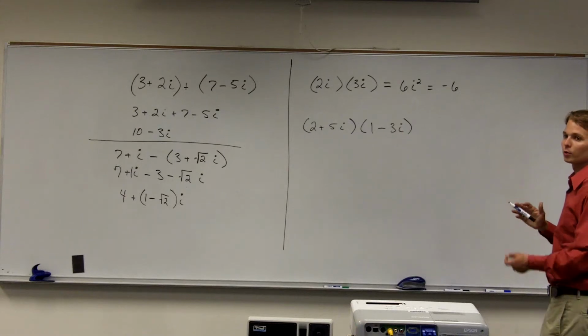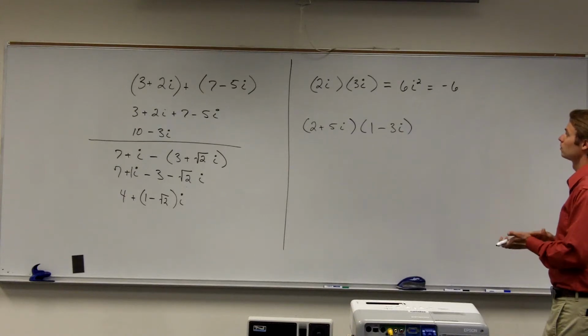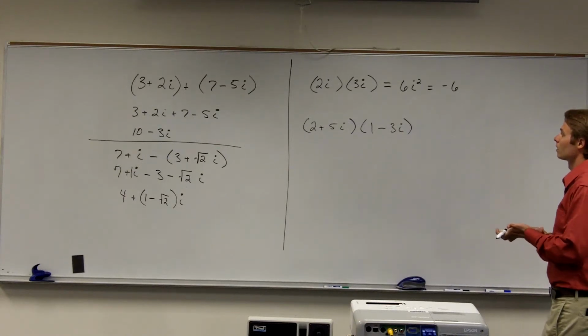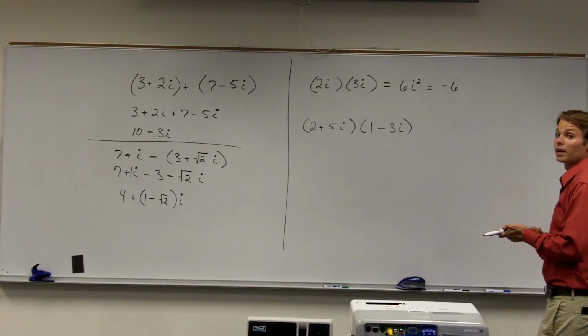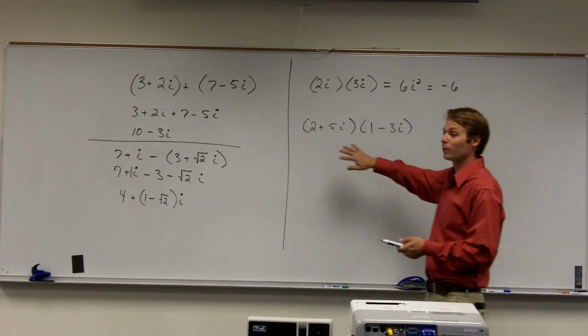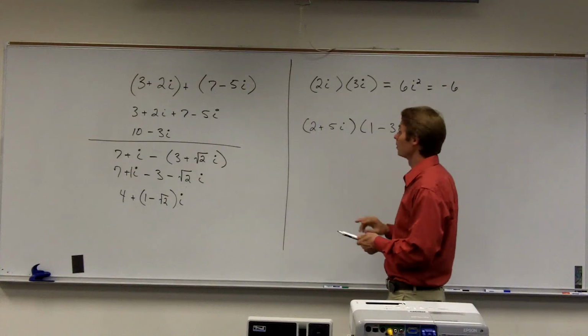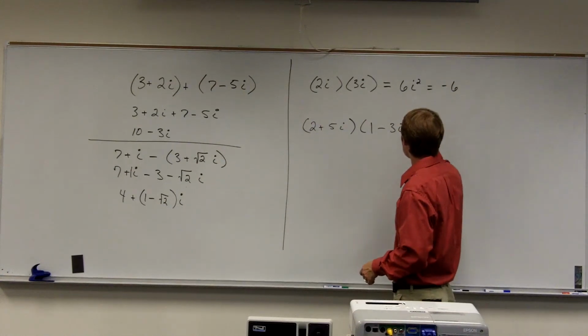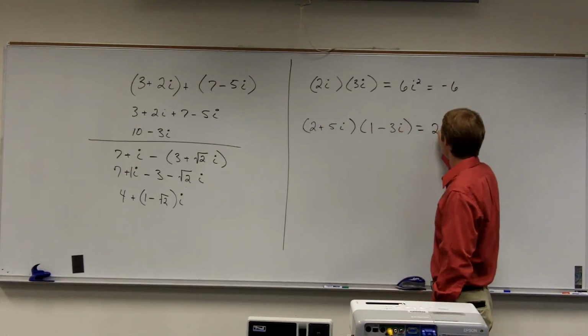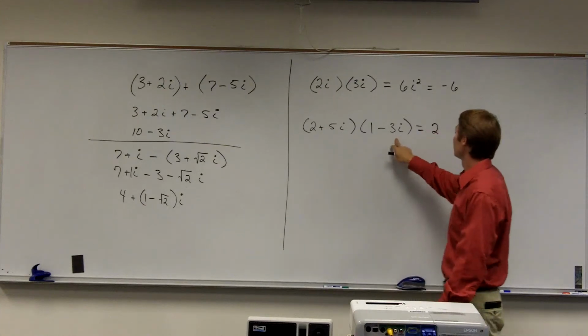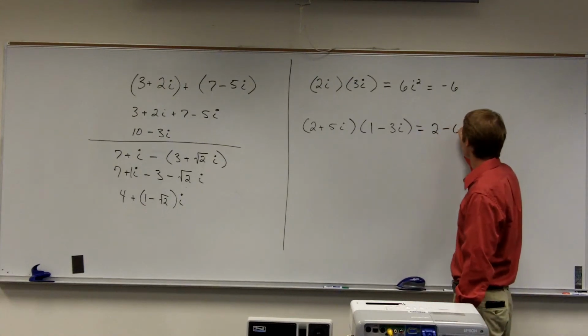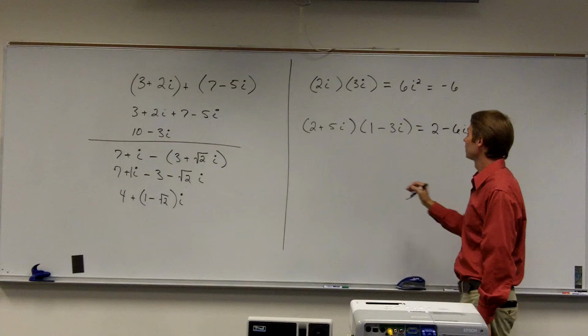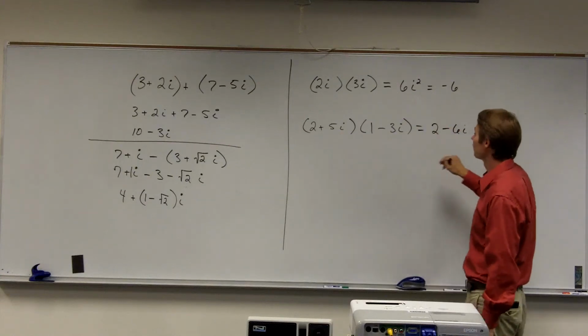Do you have an idea of how I would multiply these together? Would we use FOIL? Yeah, again, we would just use FOIL, just the way we would do with two binomials, right? So I can FOIL this together and I'll get 2 times 1, which is 2, 2 times negative 3i, so minus 6i,